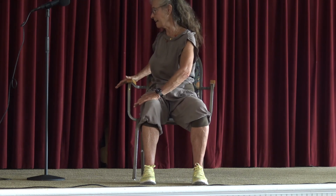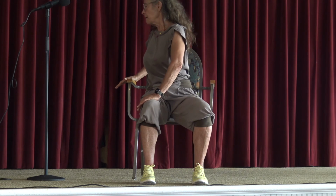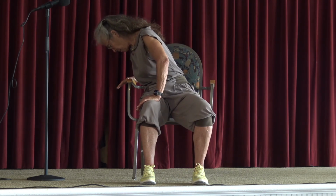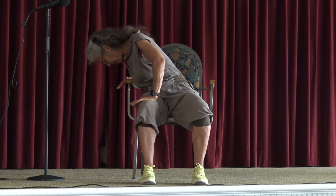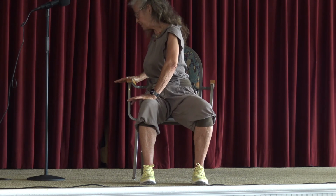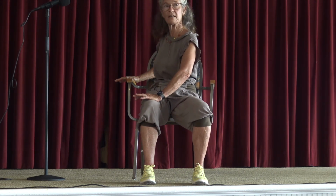And again, inhale up, tilt, roll over, keep the distance between the legs, look at the water, smile, push the hands into the thigh, into the chair, and rise, 1 vertebra at a time. And a little bit faster, inhale up,